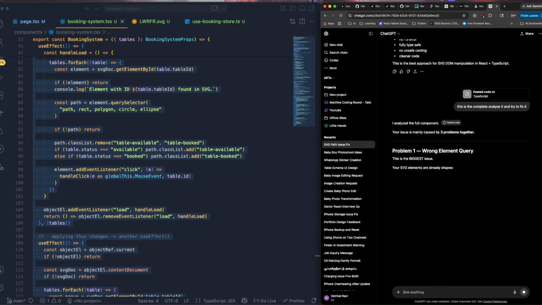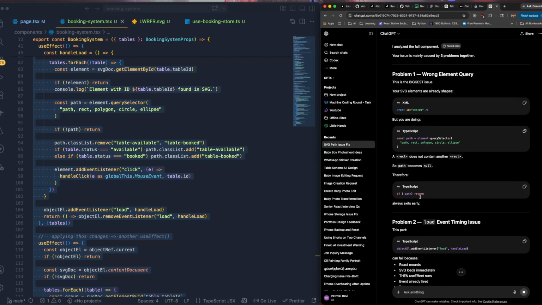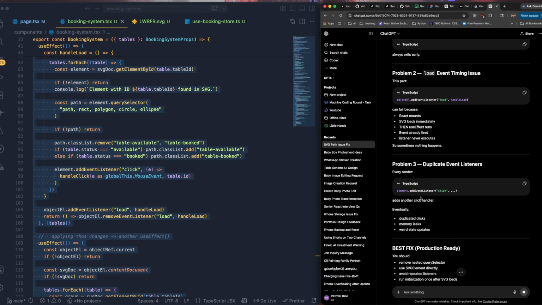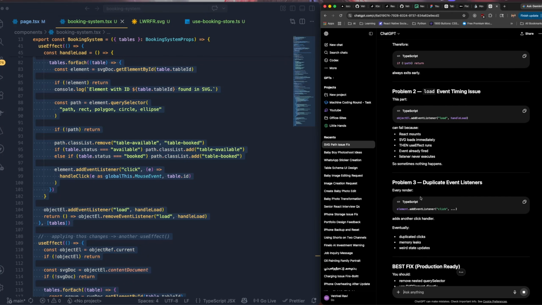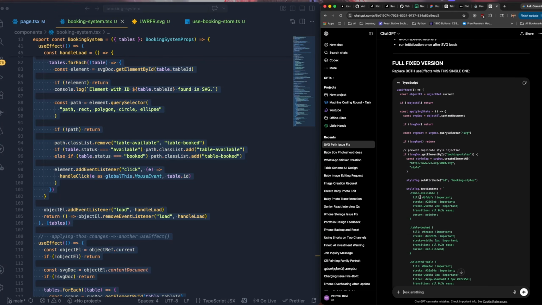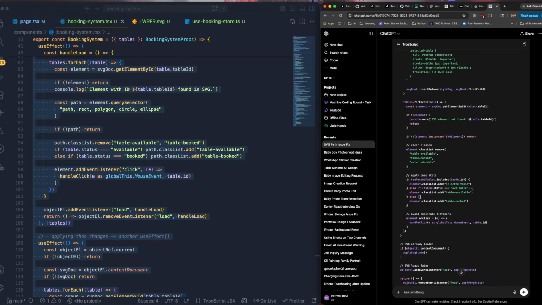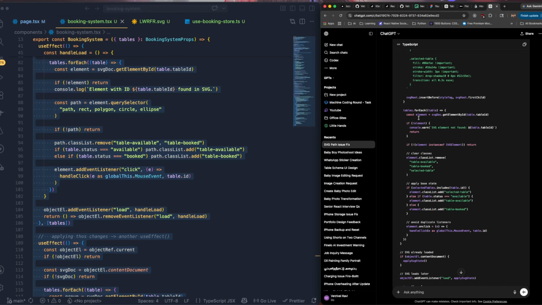Okay, Problem 2, load event time. Then Problem 3, duplicate event listeners. So, full fixed useEffect versions. Okay. So we are